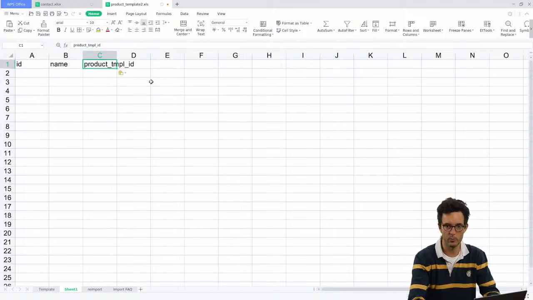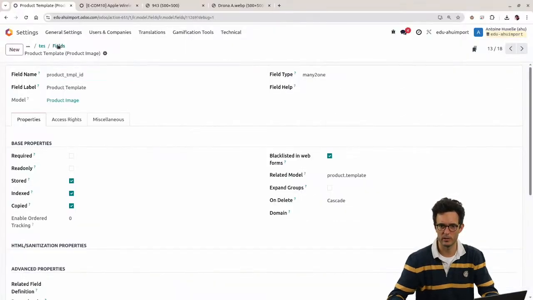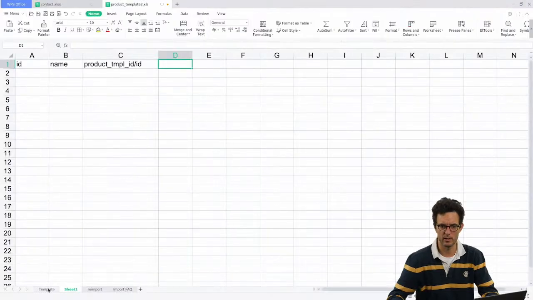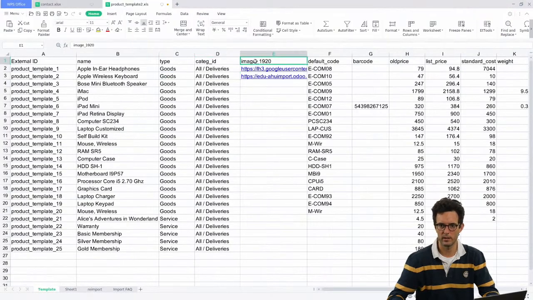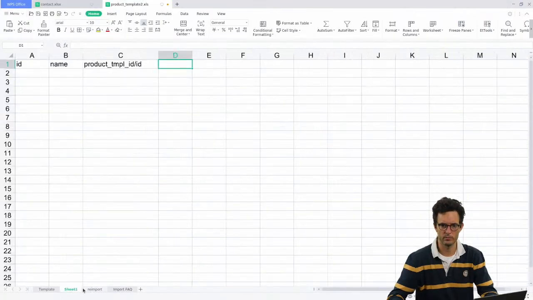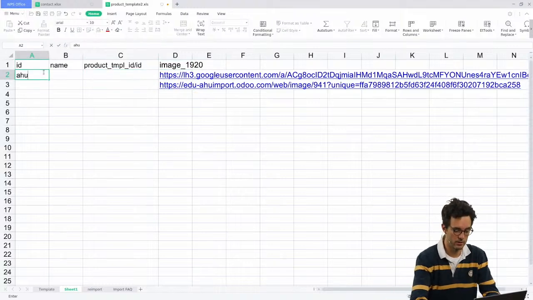I'm going to give it a product template ID, and then you know what I like to do, which is giving the ID. And then we'll have something like, what is the name of the field that we want? It's again, image 1920. So I could be going there, doing this, reuse in my sheet here, that image 2020, and I'm going to use hu import,